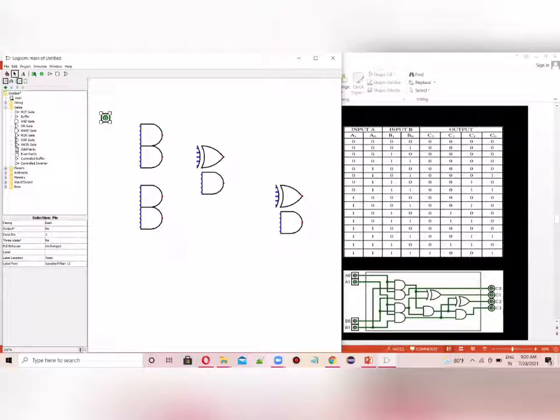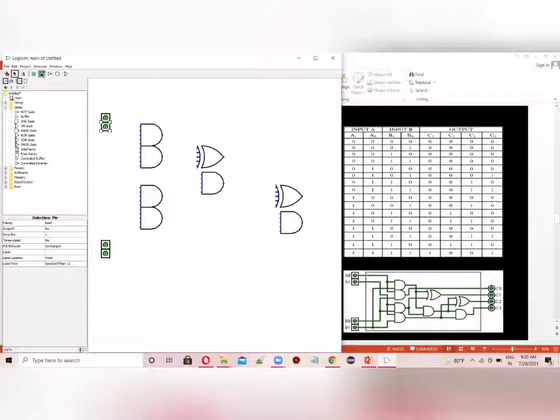So let's take the A inputs here. So A0 and A1 will be here. And let's take the B inputs here. Let's take it here. And let's take this also here. So now it's done. So we'll create a gate similar to that.